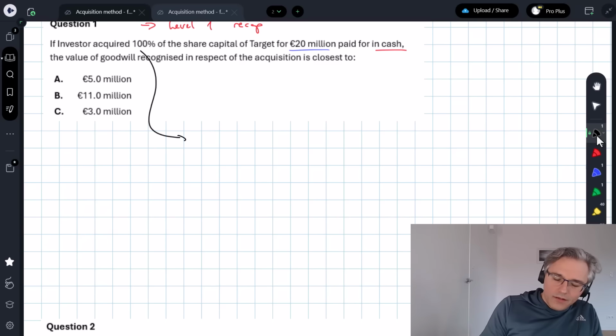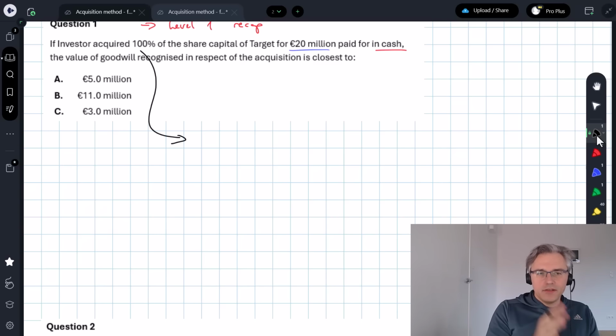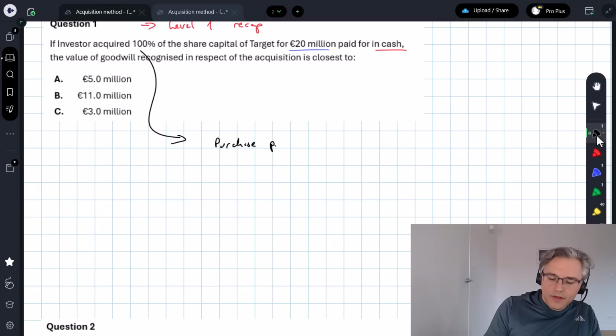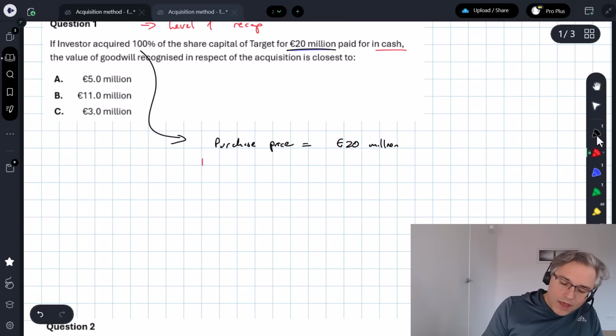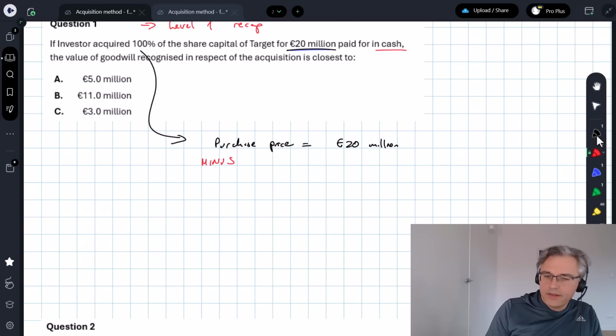When the acquisition is for 100% of the shares of another business, so you're basically taking it over, what will happen is you'll contrast the purchase price, that's 20 million over here, obviously taking this from over here, with, in terms of contrasting, so you'll deduct the fair value, the FV of those identifiable